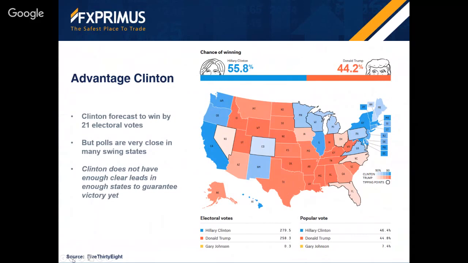If you look at the map, one of the key surprises for me is that Ohio and Florida are light pink states, and so she might lose both of those. If she does, and she doesn't win Colorado, then really she's out. It's a very narrow path. 21 electoral votes: one major state could throw it for her.